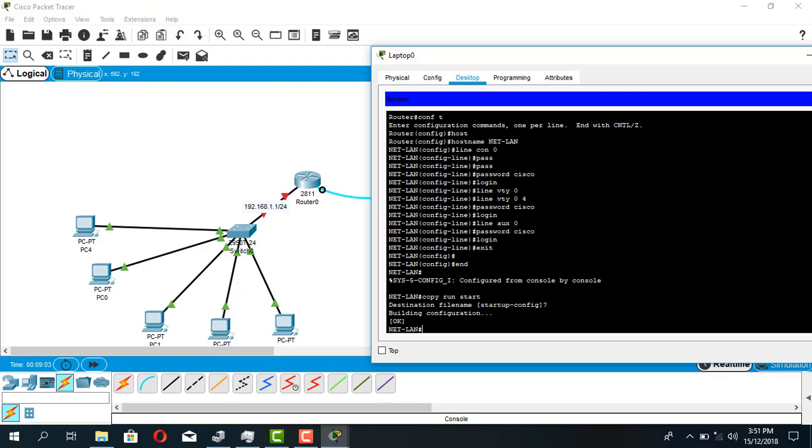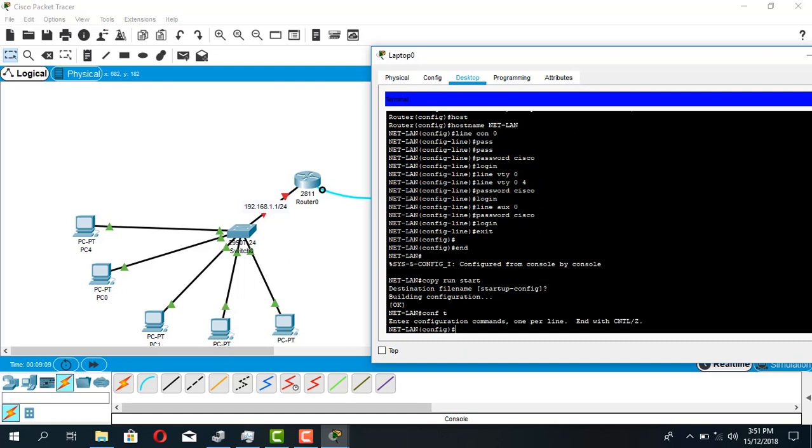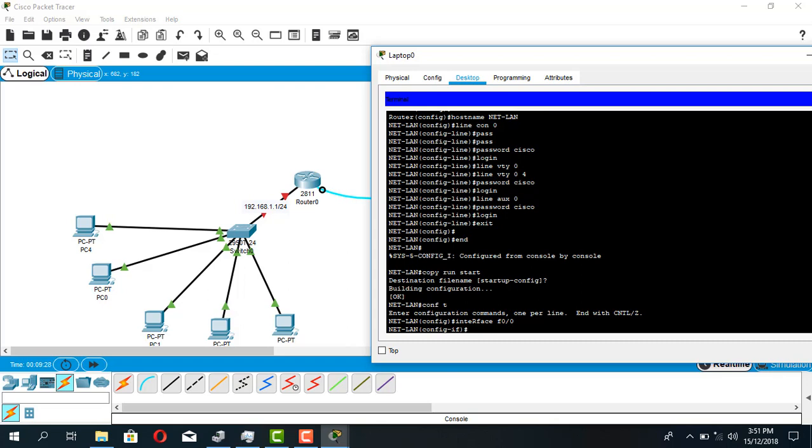To do that, we need to go to global configuration mode, with the command config terminal. Don't mind my short form, my shortcuts. Okay, so now I'm going to say interface F0/0,